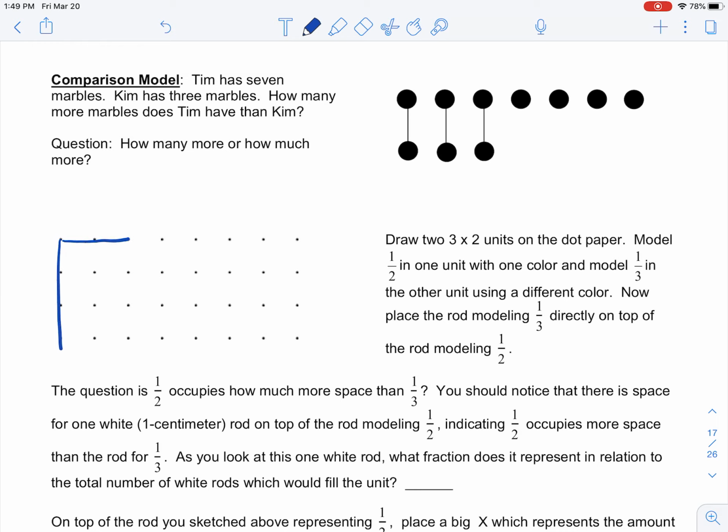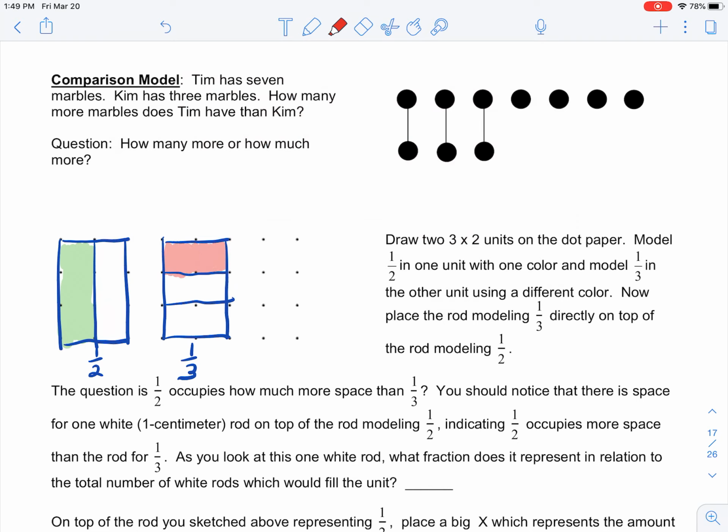So I'll draw 3 by 2 units. Here's one, and here's another. And in the first one, I'm going to model 1/2, and the second one, 1/3. Now, I will, again, like I've been doing, use a different color for each one. There's 1/2. And then for 1/3, here we go,